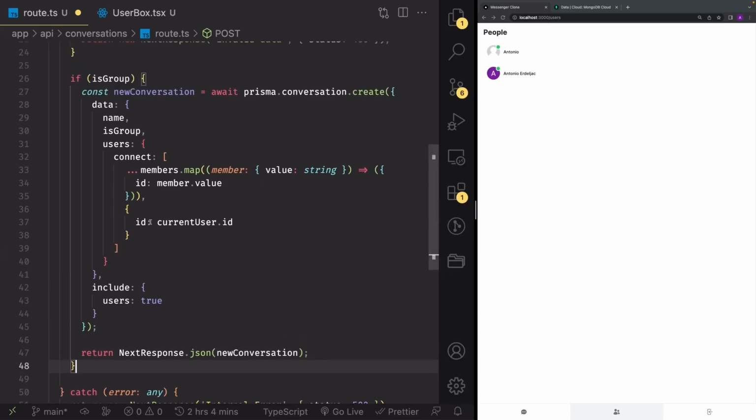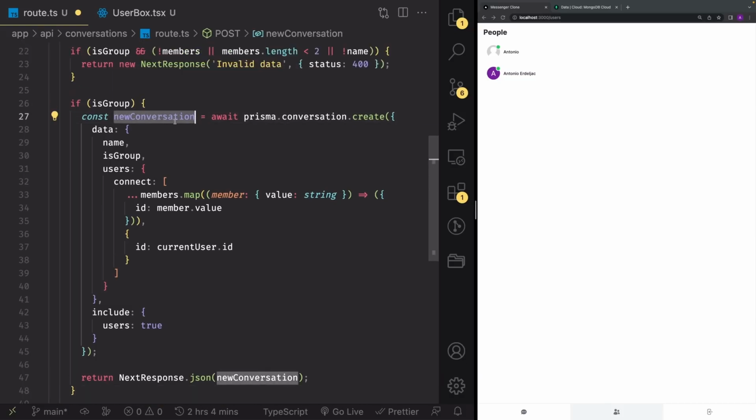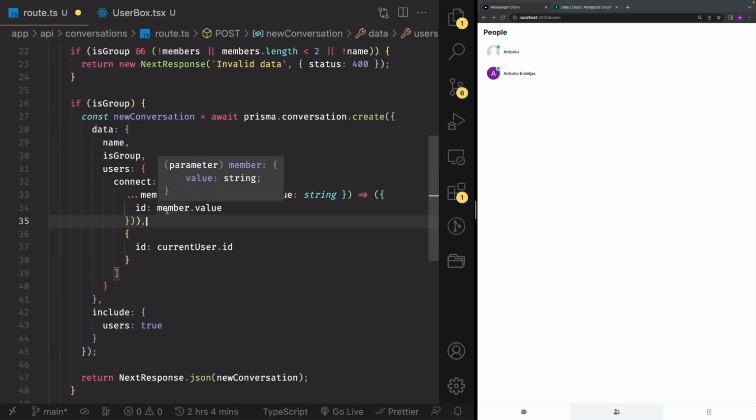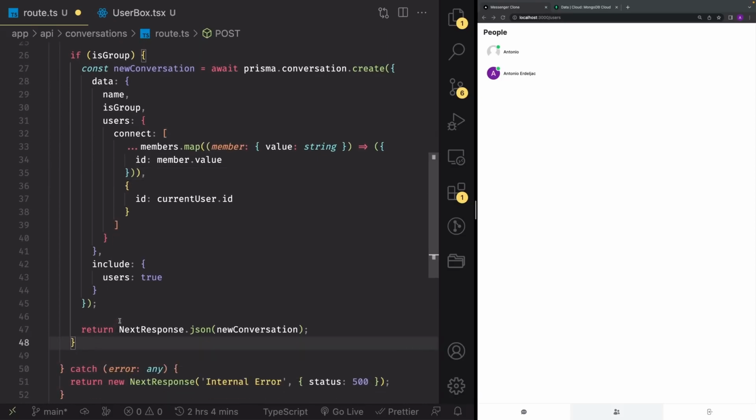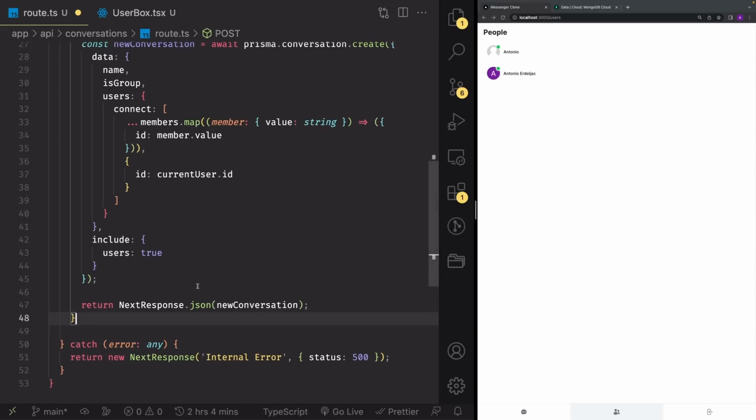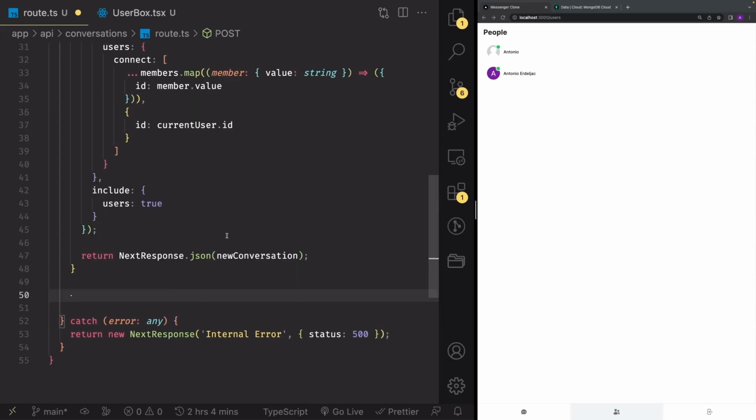It's going to be a bit different from group chat, because if you notice, when we create a group chat, we don't check if an existing group chat exists with those exact members, because we do not care. People can create as many group chats as they want with the exact same members if they want to. But for single one-to-one conversations, we have to check if there is an existing conversation with that user. So what we're going to do is write const existingConversation is equal to await